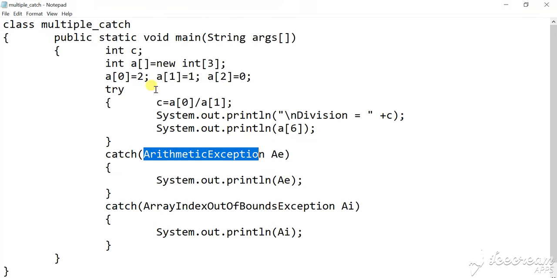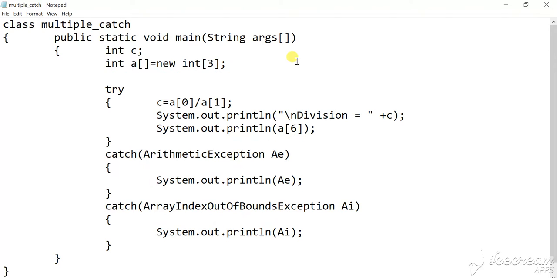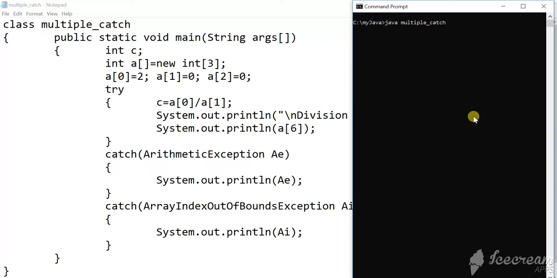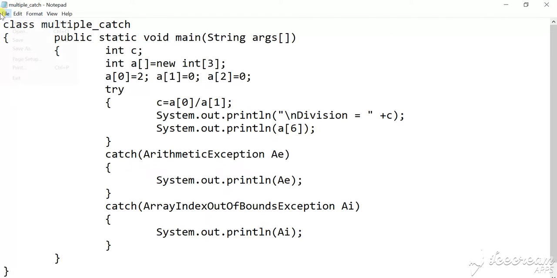Now see, if I use 0 here, maybe I have not saved this program. Saved.